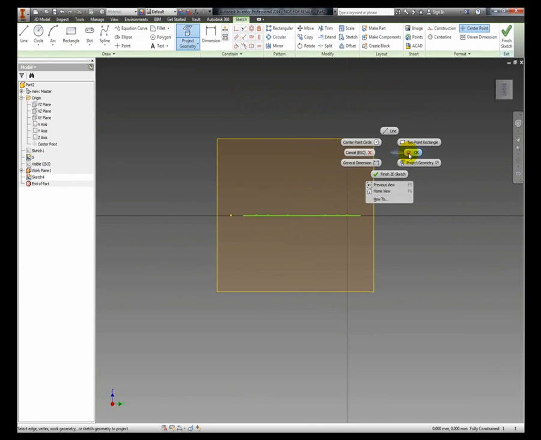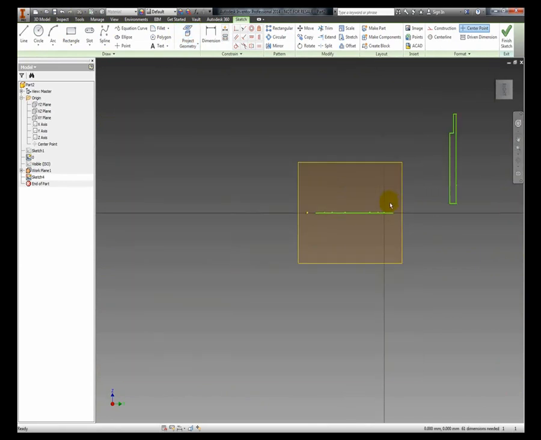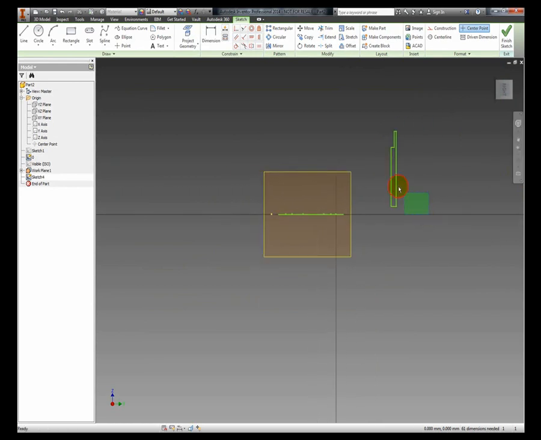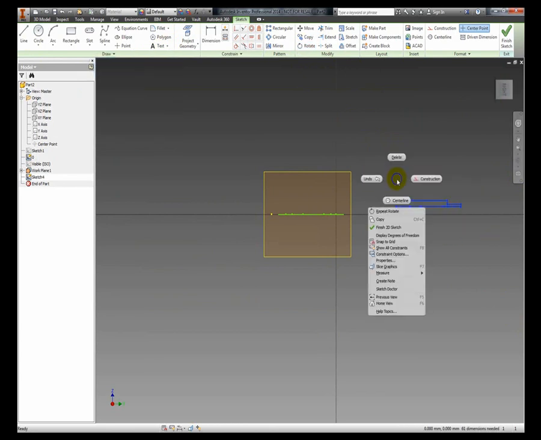I'm going to right click OK, and then I'm going to paste that part. So you'll notice the part that I took in earlier is now here. So if I pull that across, I'm going to use my rotate tool. I'm just going to select here. You could specify it, but it tends to lock into position anyway. And I'm now going to pull that across, and again use my move tool,